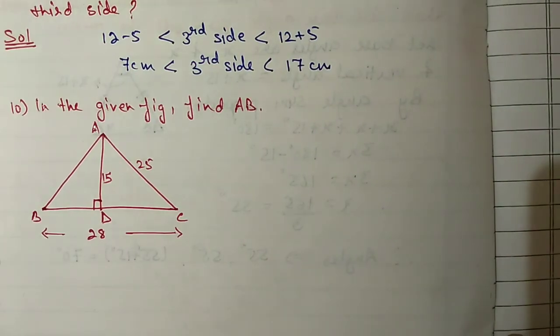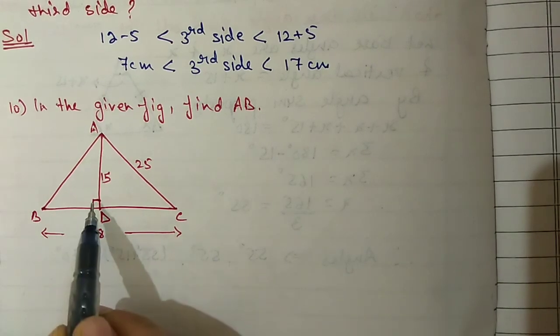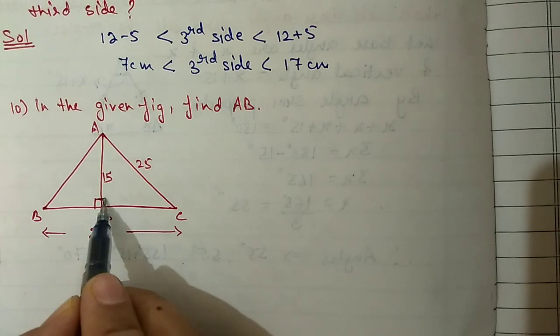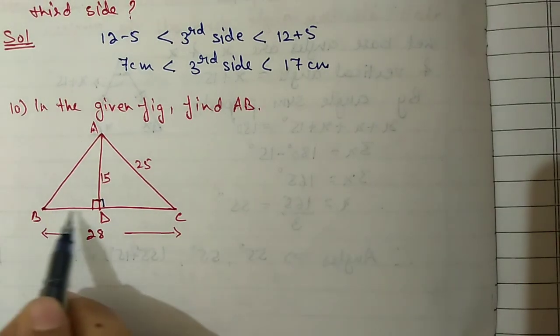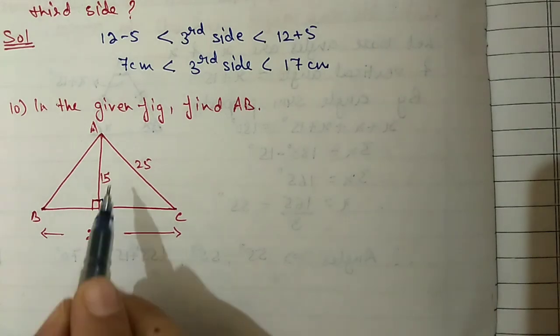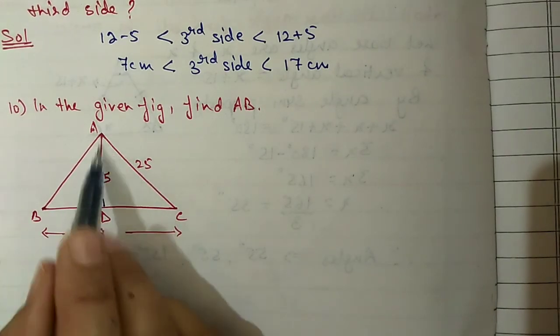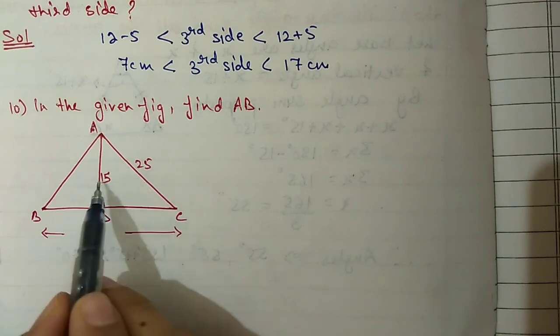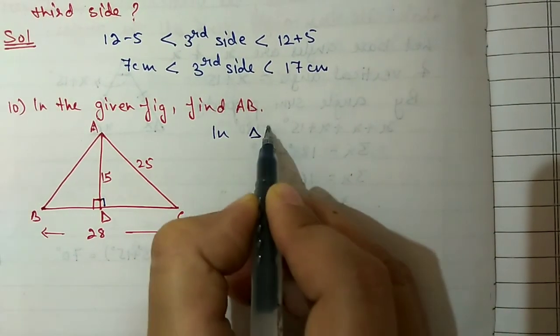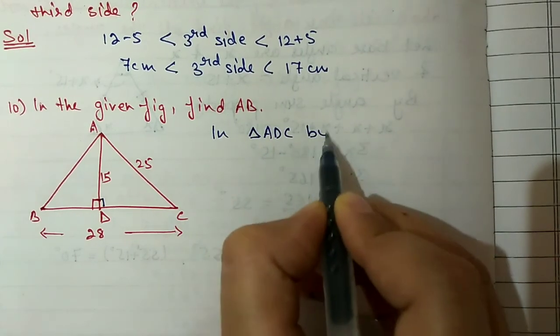Next question number 10. In the given figure we have to find out AB. So you can see this is a right angle triangle. This angle is 90 degree here and this angle also will be 90 degree because this is a straight line. If it is 90, this one also will be 90. So first we will use Pythagoras theorem in this triangle because we have two sides, so the third we can find out. So in triangle ADC, by Pythagoras theorem,